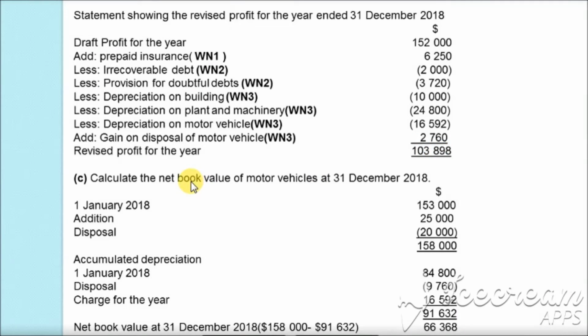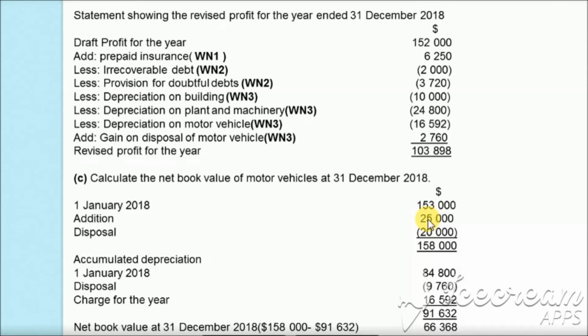$103,898. In the C bit of the question, we are asked to find the net book value of motor vehicles at 31st December 2018. We are going to do it in the same way as we have done in the third working notes. We will find the total cost value of motor vehicles and we subtract the accumulated depreciation. Here the only difference is that we are going to also consider the depreciation provided for the year from 1st January till 31st December 2018 to find the accumulated depreciation. So let's begin with the cost value of motor vehicle. On 1st January 2018, the cost value of motor vehicle was